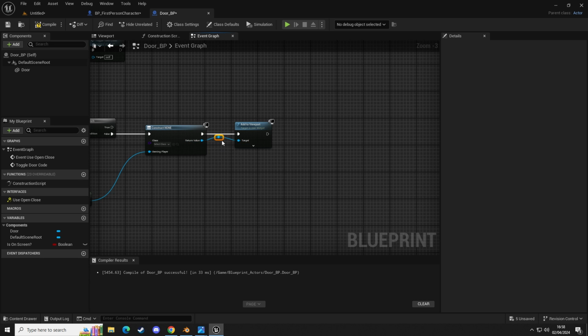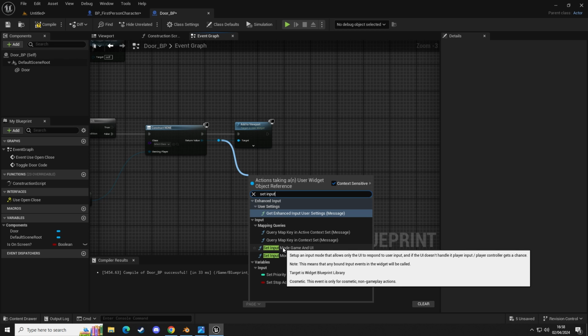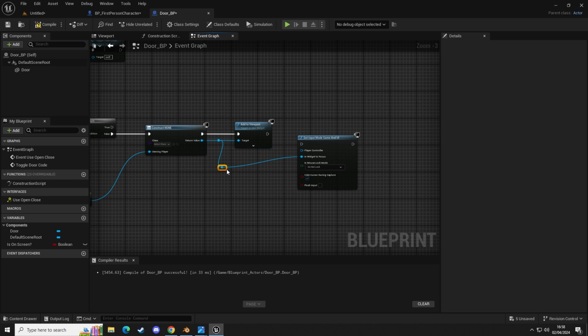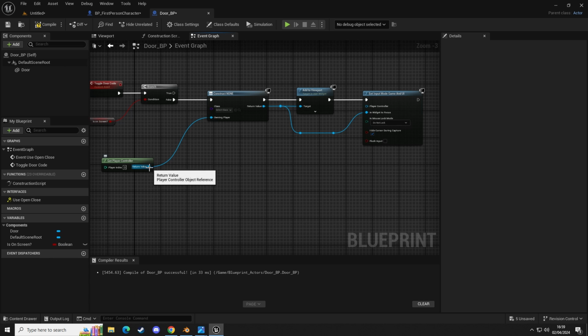Okay, and then what we want to do is drag out of this. So we're going to double click here. Let's straighten that up. And then out of this, we're going to get set input, and there we go. We can see game mode and UI. Let's do a little tiny reroute there, just to make it nice and tidy. That's going to go into here, and player controller will be this. So we can pop that into there, and then we can double click, create a reroute,